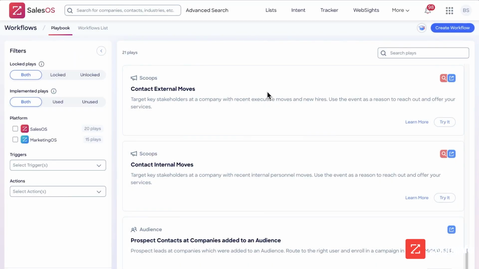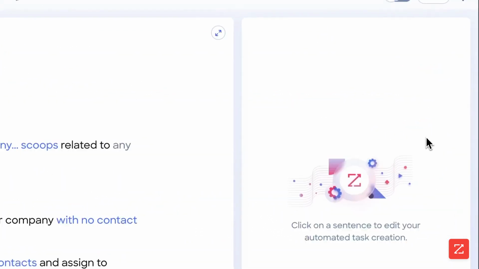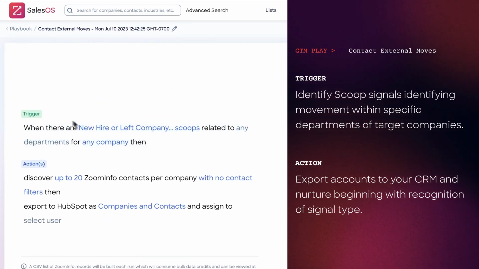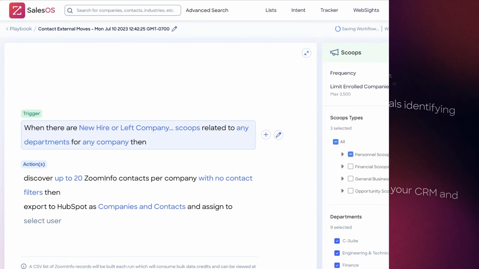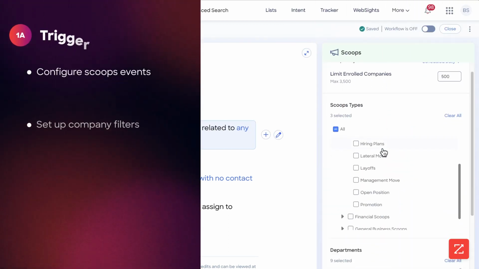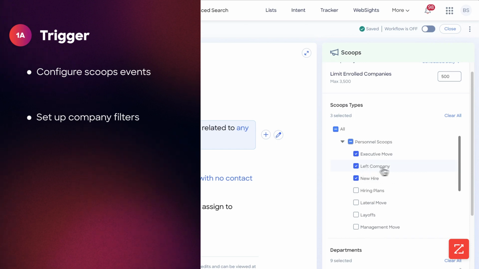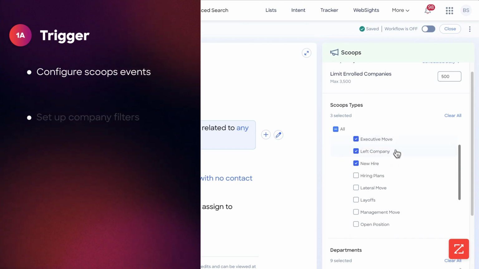Okay, so now let's configure the contact external move scoops workflow. To get started, we simply click try it now. So now we need to configure the trigger and the action. So when there is a new hire, someone left the company, or an executive move, then it will trigger this